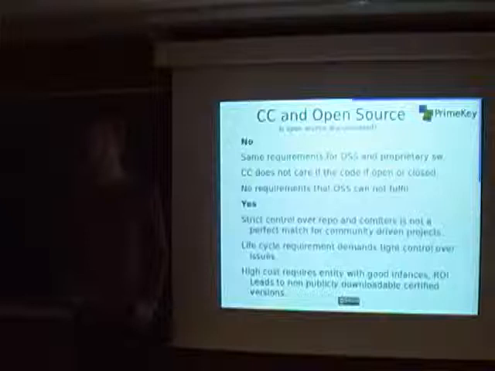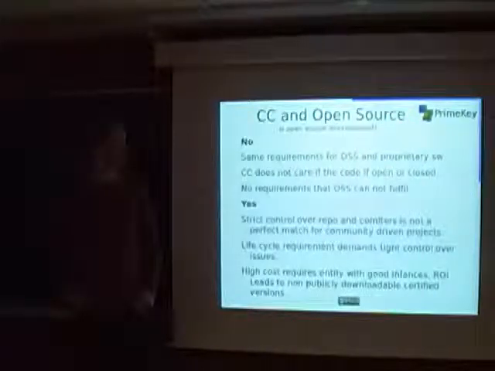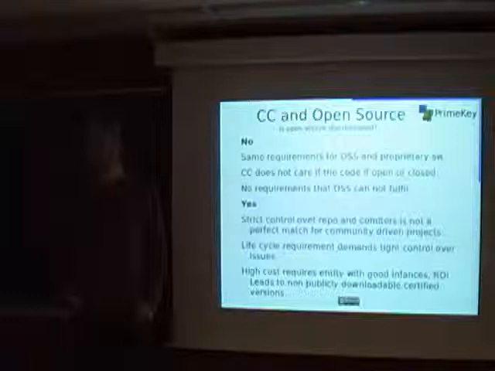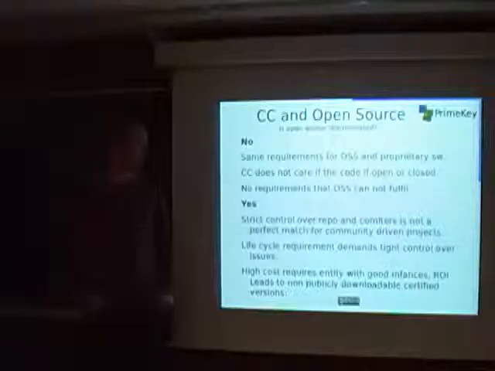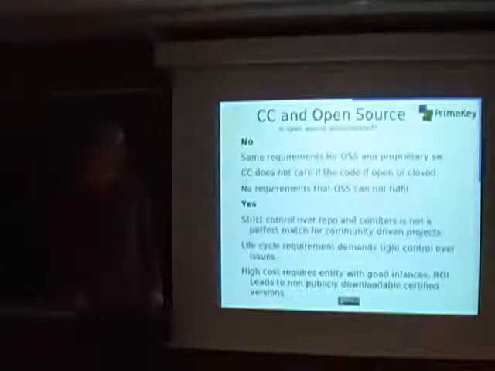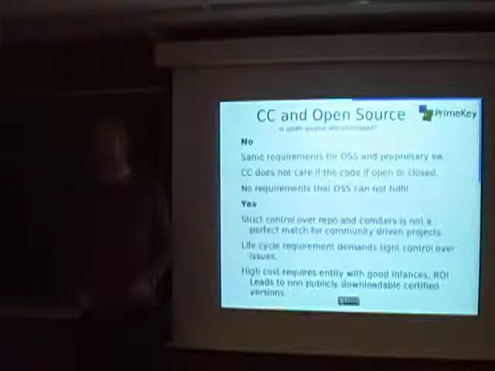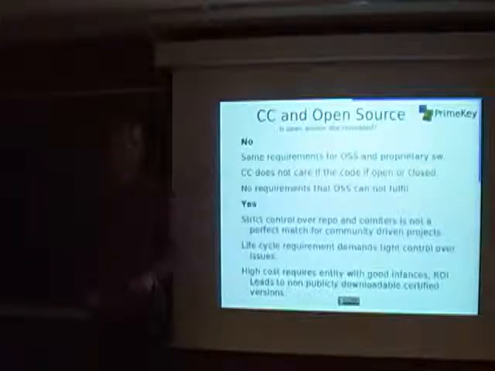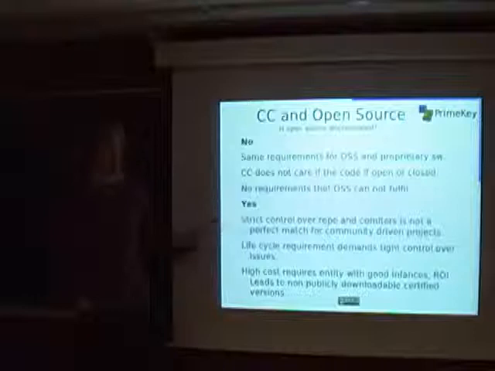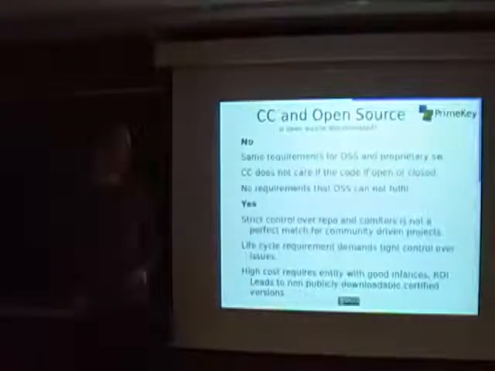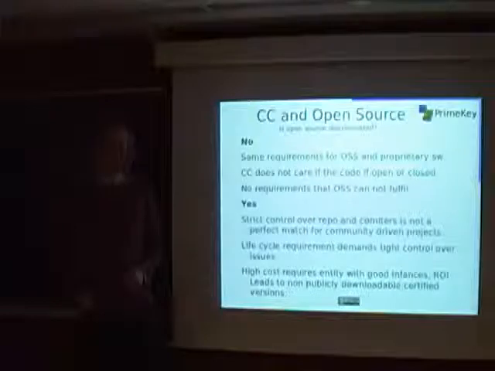So to be more specific for open source, is open source kind of discriminated against by Common Criteria because it's so tuned for proprietary software? Both yes and no. The same requirements are for open source and proprietary software. Common Criteria doesn't care if your source code is open or closed. It's not security by obscurity in any way. There's no requirement that you can't fulfill in open source software. On the other hand, yes, because it requires strict control over repository and committers. So that's definitely not the perfect match for a community-driven project,